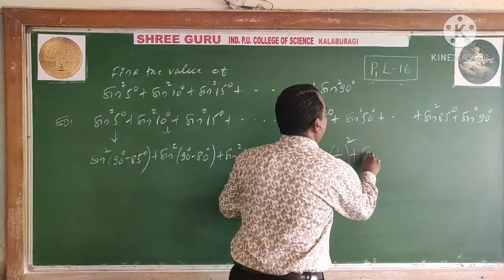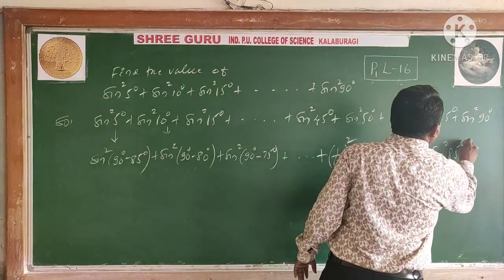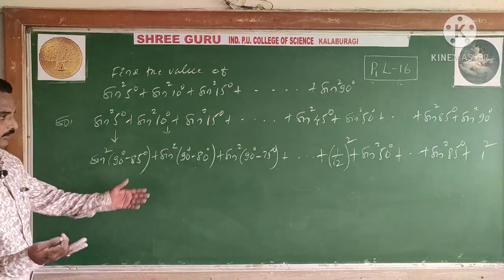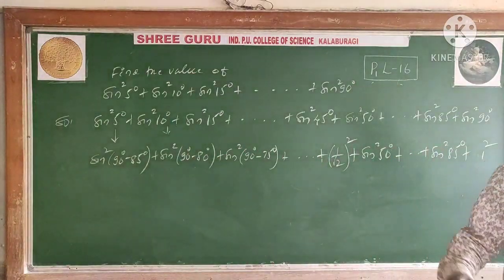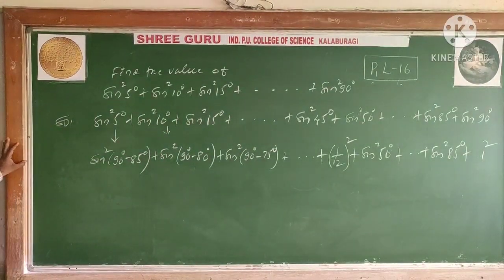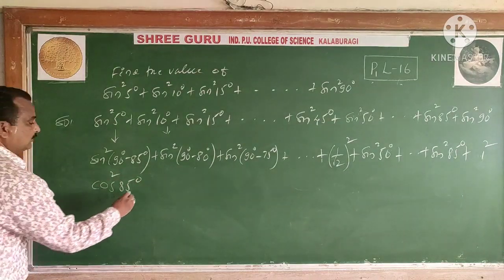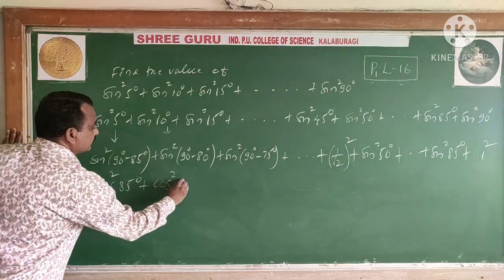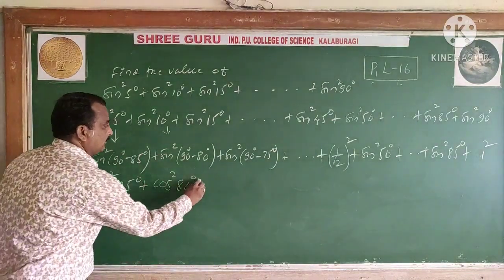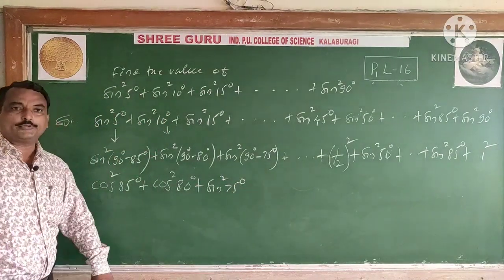The next, sin square 50 onwards, same as it is. Sin square of 85 plus sin square of 90 it is. Square of 1 square it is 1. These two are the standard ones. Sir, you are asking, 30 is also there, 60 is also there. Not converting it; you are converting in terms of pairs here. Now see this one. This becomes cos 85, sin converted to cos. Then this is also cos 80. First quadrant is positive here. Like that, converting some pairs, some terms in terms of cos.